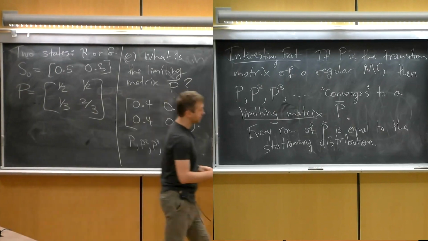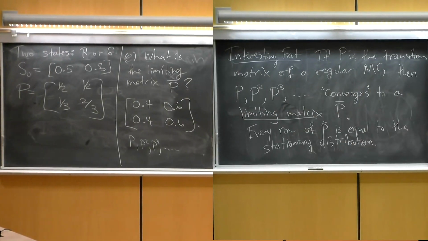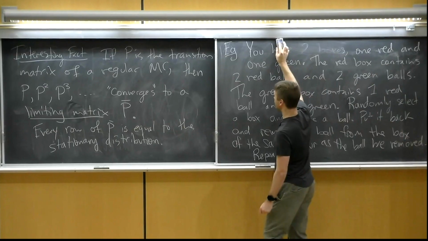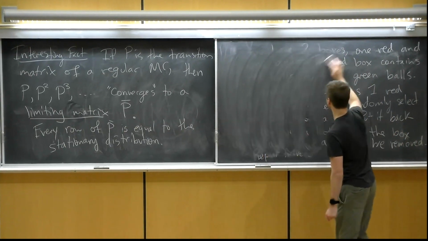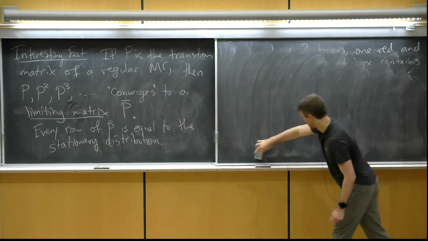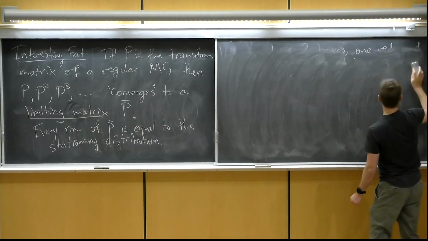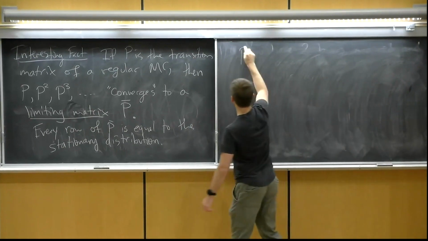Okay, so this is everything about regular Markov chains that I wanted to say. So next we're going to look at a different type of Markov chain, though, which has a kind of funny property. Maybe I'll just introduce them quickly now, with an example. Suppose P is the matrix